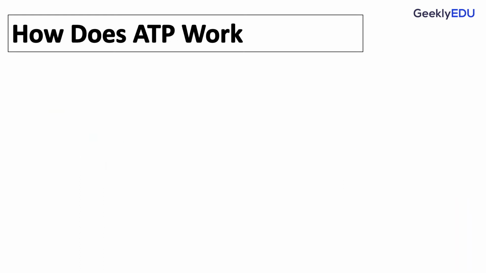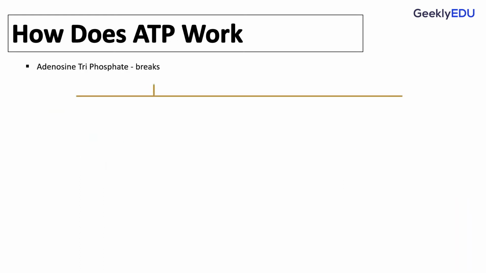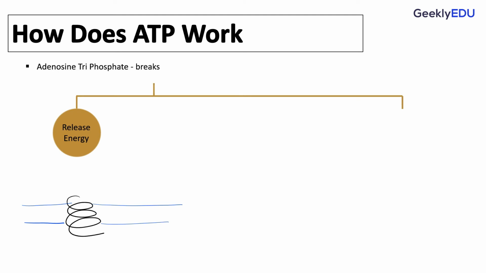So adenosine triphosphate breaks. You have two possible ways to use that energy. The first one is directly. Imagine you have a plasma membrane, and in that plasma membrane you have a protein channel. There is a protein channel that can allow something to go from one side to the other, or pull something from one side to the other. The problem is that something that needs to be pulled is simply not fitting. Let's say it's sodium, for example.